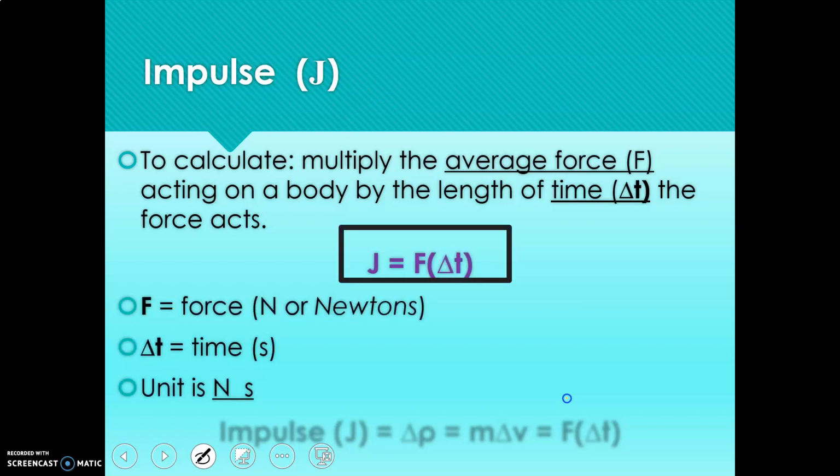So that means that you would solve impulse, J, is equal to F, which is the force, and remember force is always measured in newtons, represented by N, times the length of time. So time, and time is in seconds. And it is a change in time because we're starting from usually time 0 to time 5 seconds, time 0